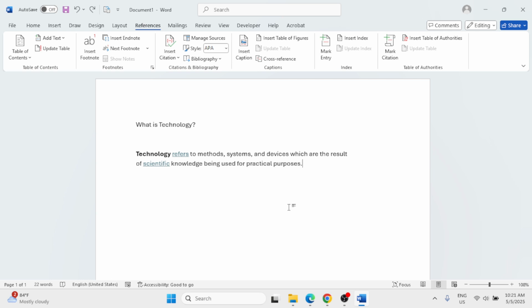A footnote in Microsoft Word is a note placed at the bottom of a page, used to provide additional information like a citation or explanation of the specific text that you have. So this is our current text, and in order to insert a footnote, we just need to simply look